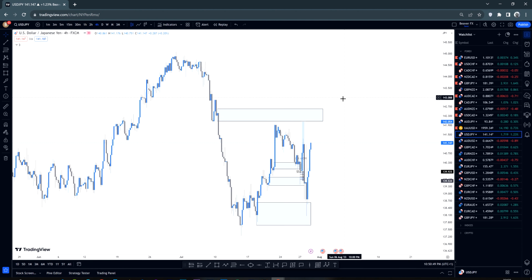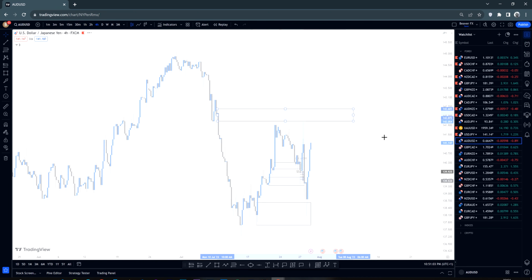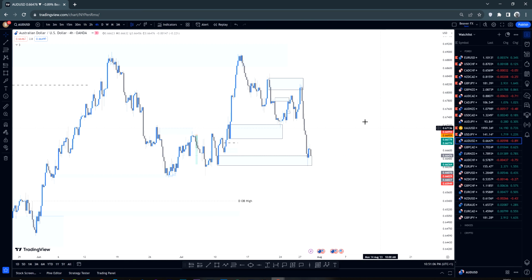But what I'm trying to show you guys are the zones I expect the market to react in. So whichever one you find most useful, whichever one you find most attractive to pay attention to, make good use of it. So for AUDUSD, let's see, AUDUSD also,